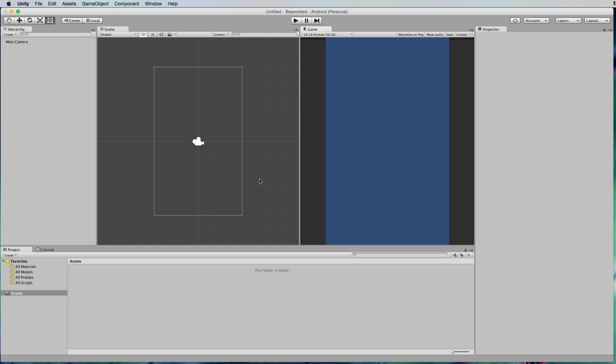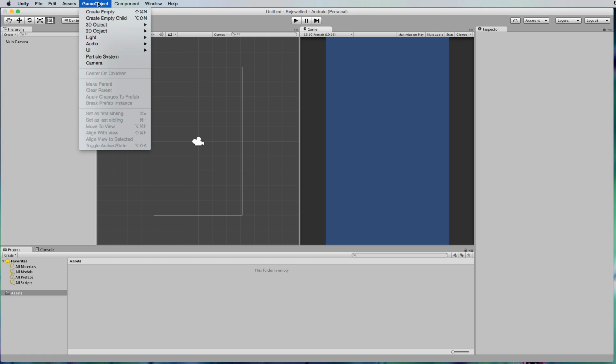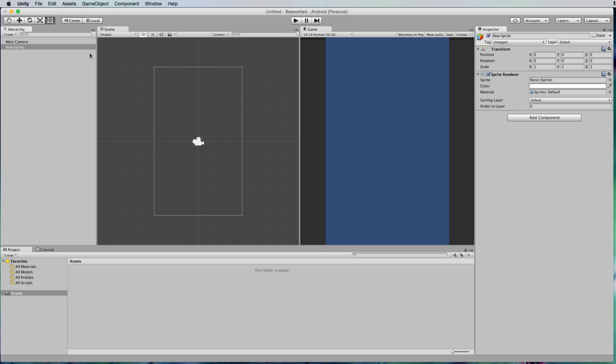Okay, so the first thing we need to do is to create some sprites. The sprite will act as a tile in the game. So under Game Project, 2D Object, select Sprite. Now you won't be able to see this sprite in the scene until you've added a texture to it. So what we're going to do is bring in a texture atlas, which I've prepared earlier. So I'll drag this one in here. It's called smileyatlas.png,